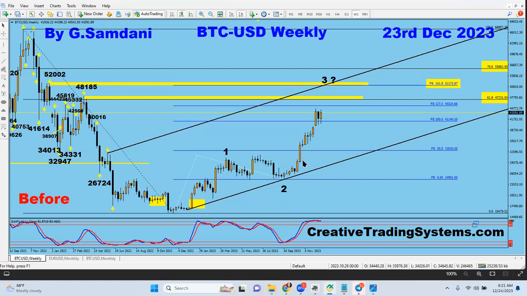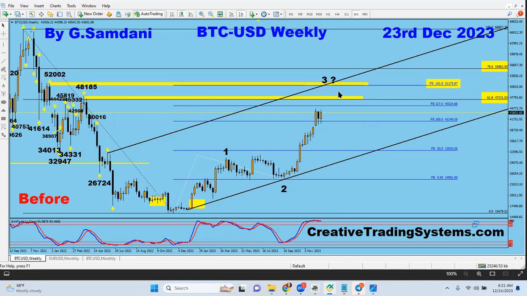Here it is. And usually wave 3 is 161% of wave 1. So if you pull the fib expansion from here to here, this is wave 1, this is wave 2, wave 3 is starting from here, so 161% is coming here. Now, the whole drop here, if you pull the fib on that, 61% is coming here, right? So these are the two important numbers, 48,185 right here, which is coming very close to 61. But that 161% fib expansion is coming around this area, 52.